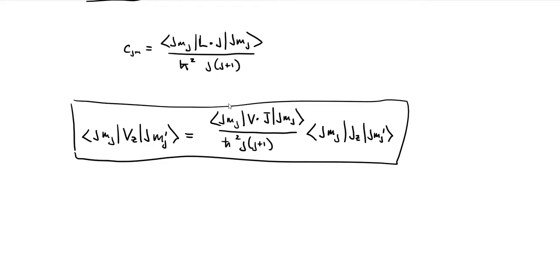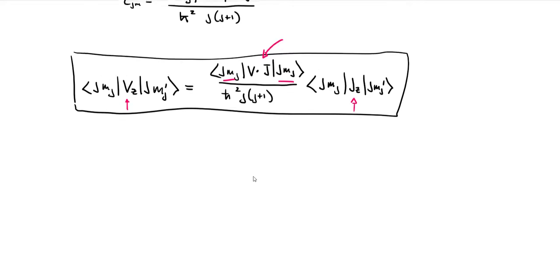But basically, in our case we were looking at L, so the z component of the L vector operator. That matrix element is going to be proportional to the z component of the total angular momentum operator J, and the proportionality constant is the diagonal projection. So again, the primes aren't typos. It's the diagonal element of the projection of the total angular momentum operator on the vector operator we're talking about, in this case our angular momentum. That's what we can use to generalize the Zeeman effect.